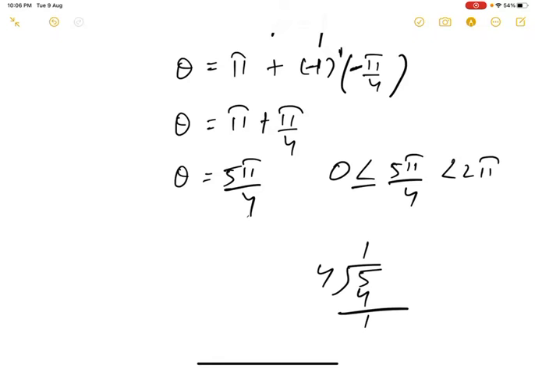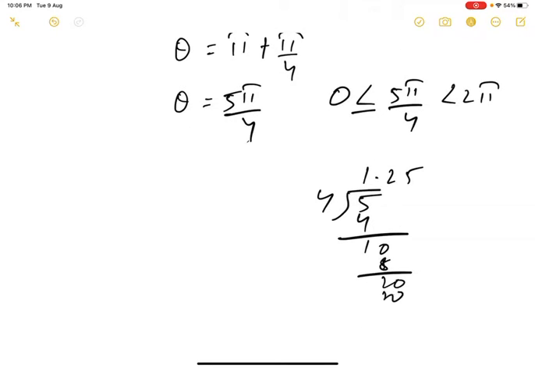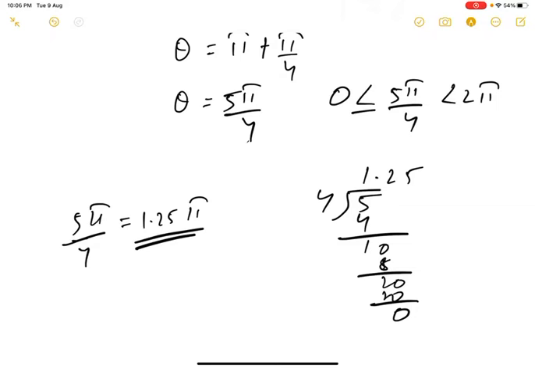This is 1.25. So I can say that 5 pi by 4 is nothing but 1.25 pi. So clearly this is greater than 0 and it is less than 2 pi. So that means 5 pi by 4 is a